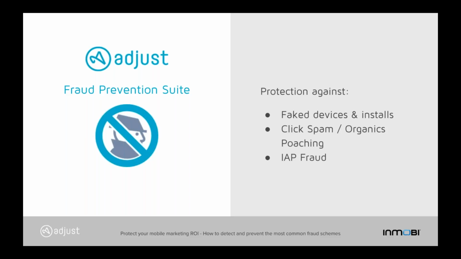So we have different measures there that, in the moment of attribution, actually check if there is a correlation between click and install, and if there's click spam happening, by looking at the click frequency for that ad media and that device, so that there are no devices creating clicks over and over and over to then convert at some point. And again, those installs are being filtered out, not attributed to the paid source,